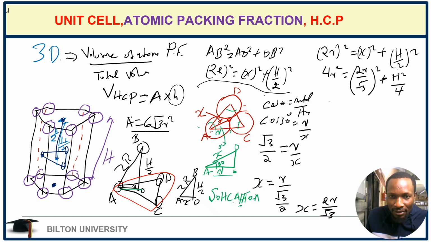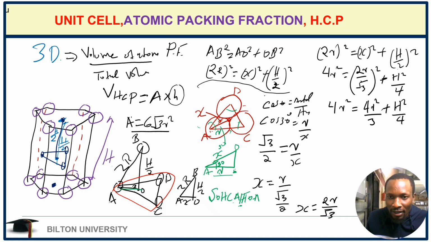Now this gives us 4R squared is equal to 4R squared over root 3 squared, which gives us 3, plus h squared over 4. From here it can be much easier to calculate the value of h,